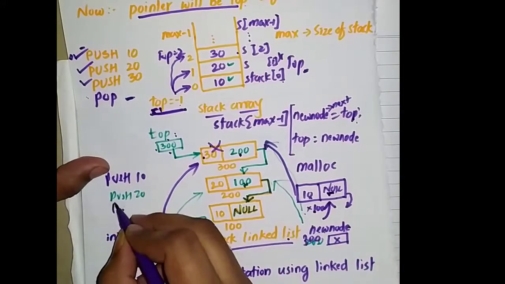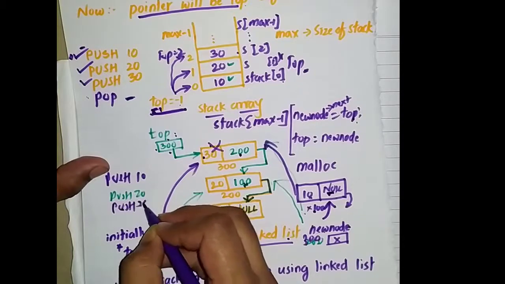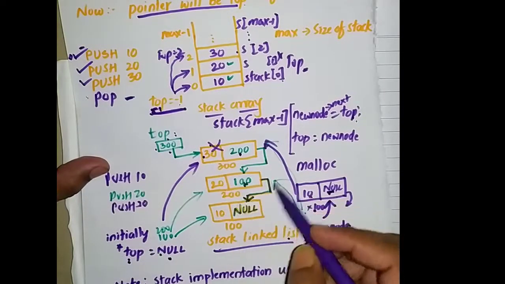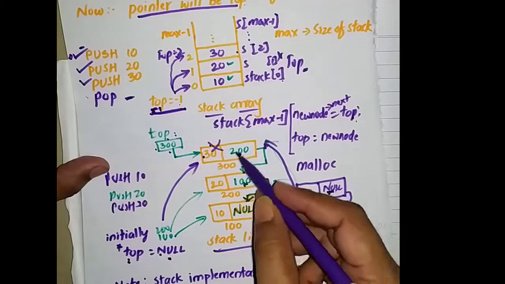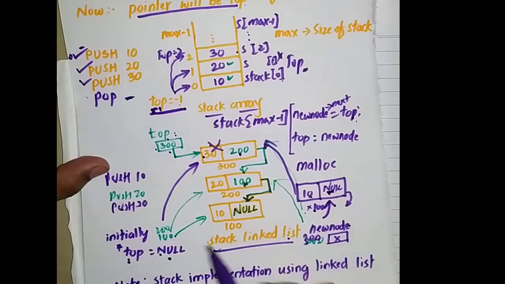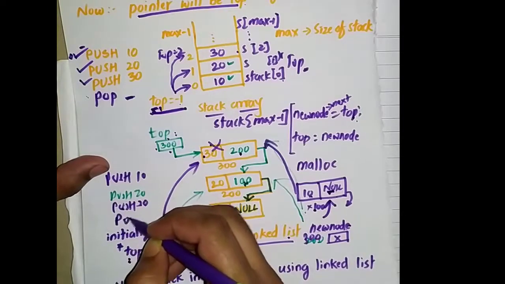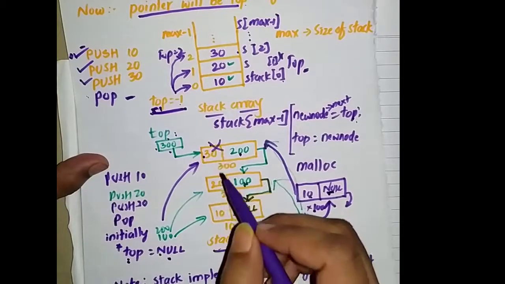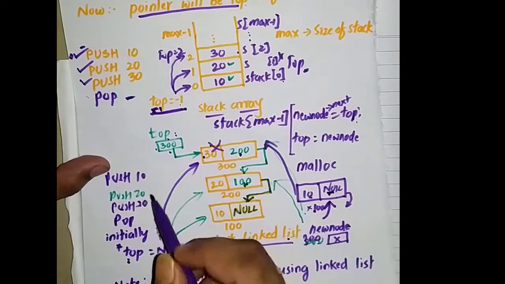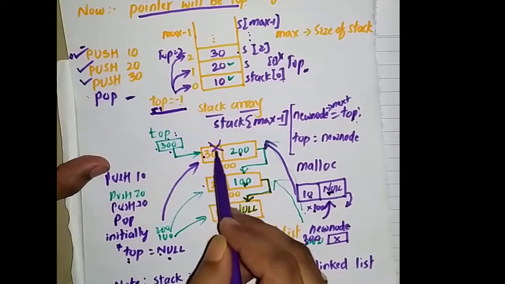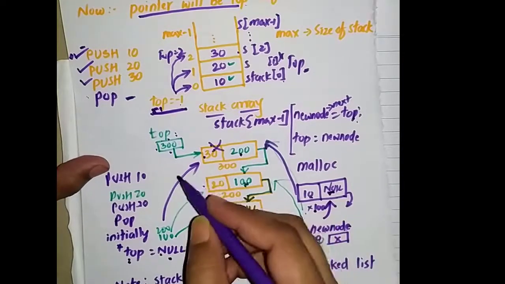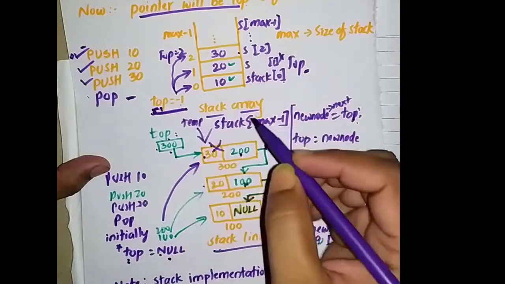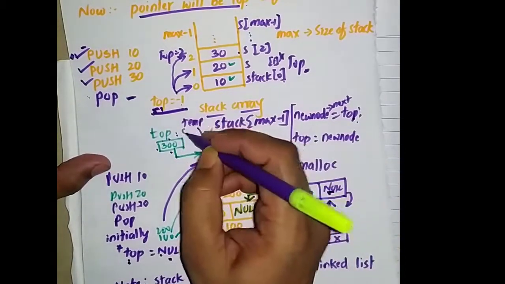If I perform 3 push operations, I will have the linked list created like this, that is 10, 20, 30 with addresses null, 100 and 200. The stack linked list is created. Now if I perform one pop operation after this, what will happen? The node with 30 is deleted. So what lines of code will be executed? The top has to be decremented, and this node has to be taken out. So one more pointer has to point to this node, that is a temp pointer, which can be freed later on.